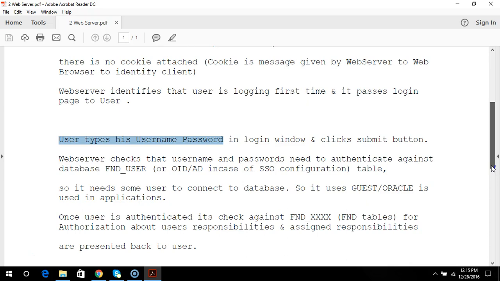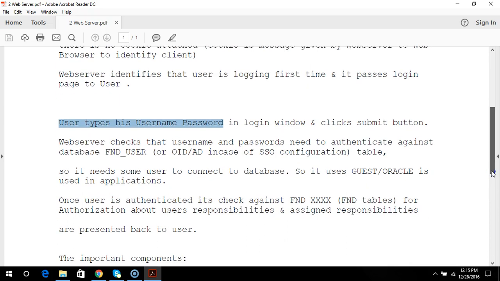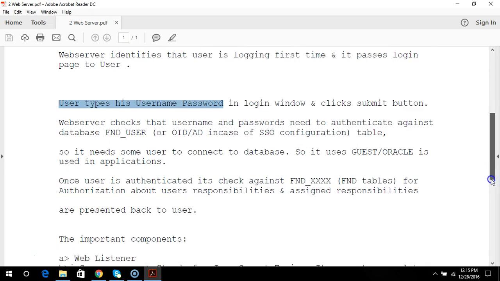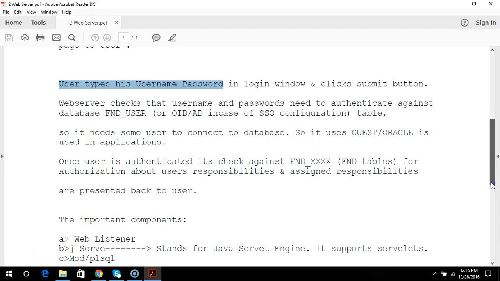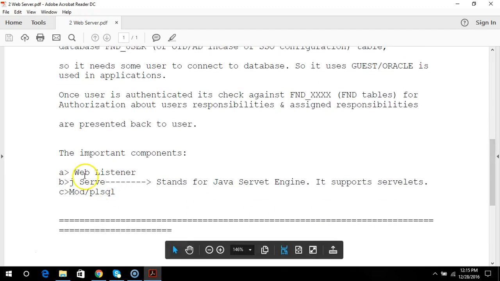It uses the guest user ID and password in the application. Once the user is authenticated, it's checked against FND tables for authorization against the user's responsibilities, and the assigned responsibilities are presented back to the user. The important components of the web server would be the web listener,